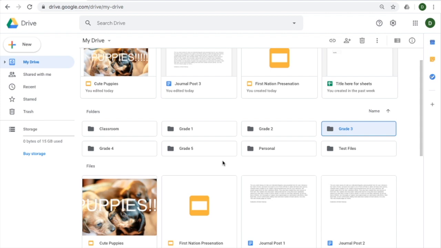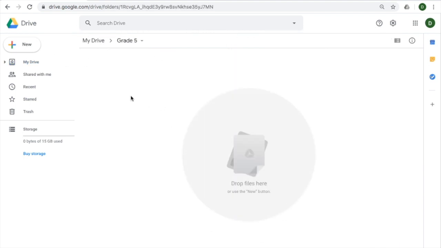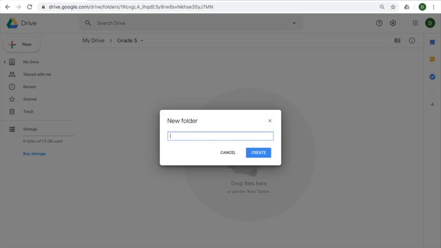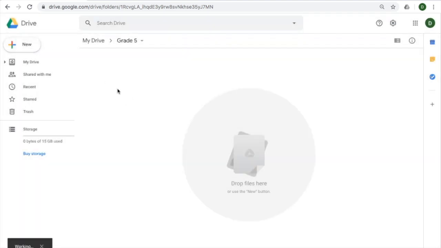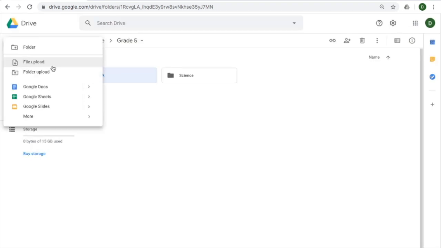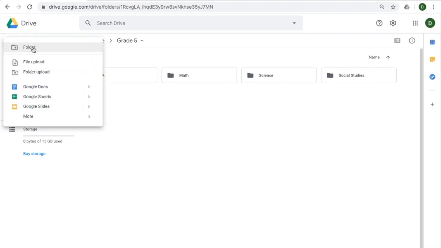Okay. Now that we have folders, what I want you to go and do is go into your grade 5 folder and do the exact same thing in here. But you're going to make new folders, and these are for your subjects in grade 5. So in grade 5, you had a subject for science. All right, we had one for LA. All right, here we go. So I've got all 4 of my subjects: LA, math, science, social. If you're in 5U, you'll also want to make one called